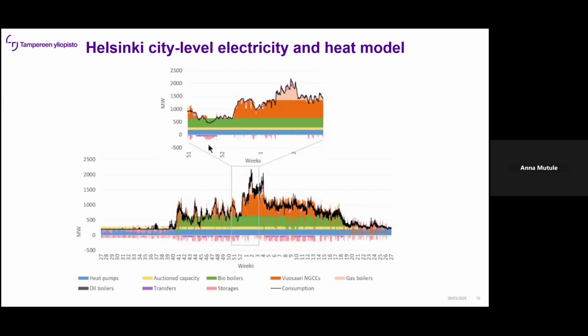This chart shows the hourly operation of the Helsinki district heating system in 2030 under the energy renaissance scenario. The zoom-in at the top highlights two key points: a milder Christmas and colder early January peaks. Throughout most of the year, heat pumps are prioritized and they offer lower operating costs than natural gas combined cycle units. However, during hours with high electricity prices,